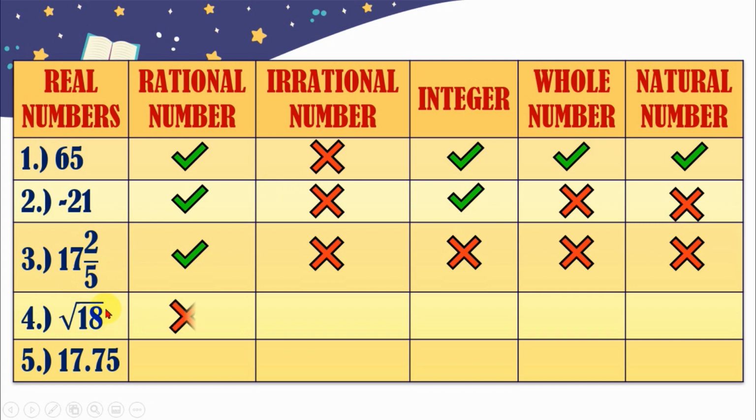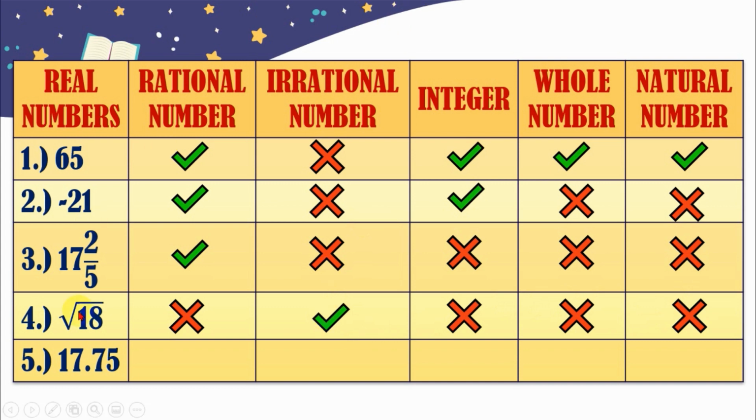Square root of 18 is not a rational number. Okay. If you're going to compute this in the calculator, it will give you an answer which is a decimal number which is non-terminating and non-repeating number. So this is not a rational. Ano siya? Irrational siya. Is that an integer? No, no, no. Kasi nga, once na irrational na siya, hindi mo siya pwedeng identify as integer, whole number, and natural numbers. Di ba? Kita nyo naman yung present kong set kanina, nakabukod, magkahiwalay yung rational sa irrational.